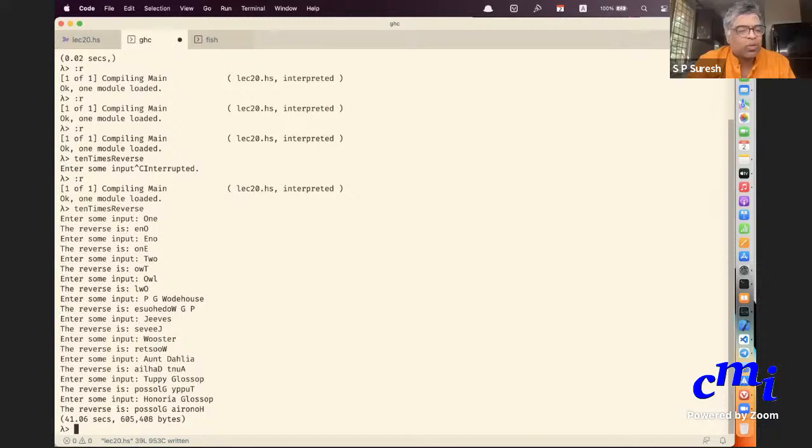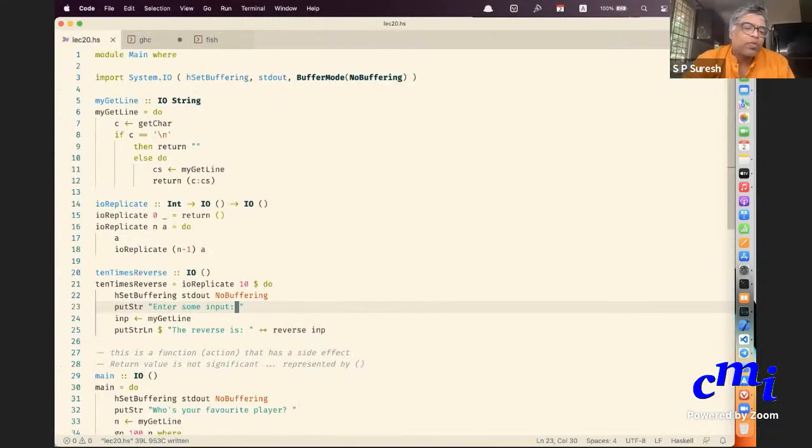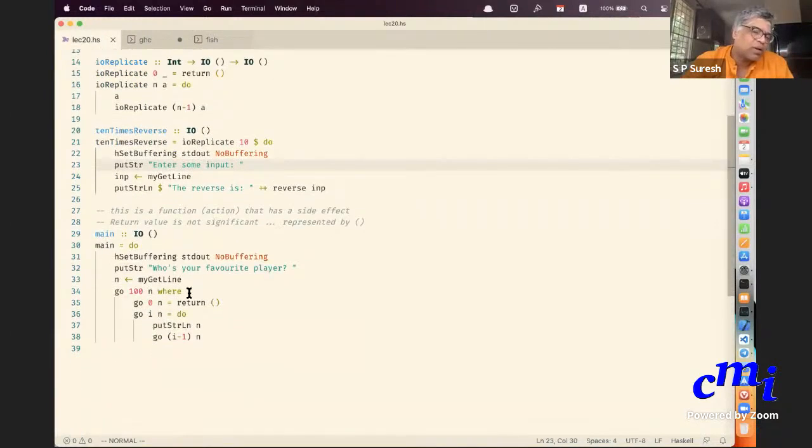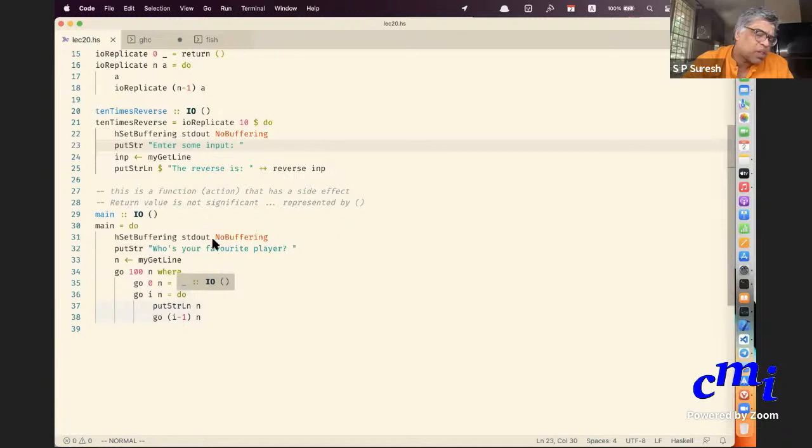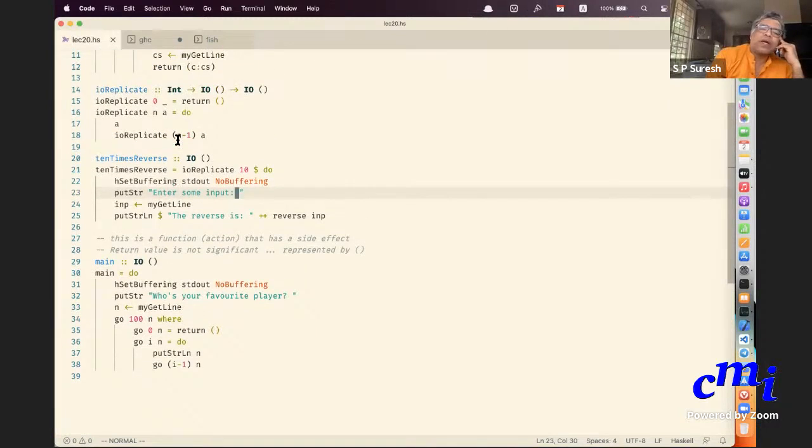So we saw all this, and finally, this main program, we could have instead just said IO replicate 100 and then the thing that follows. I'm printing something 100 times.